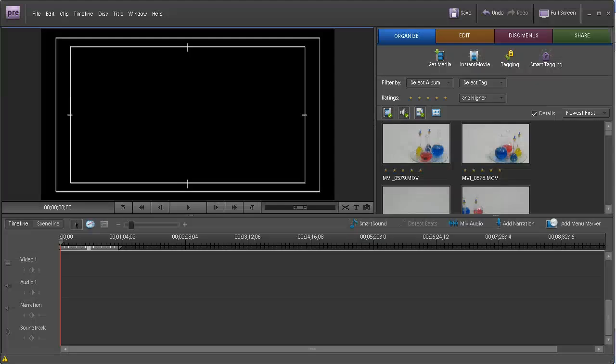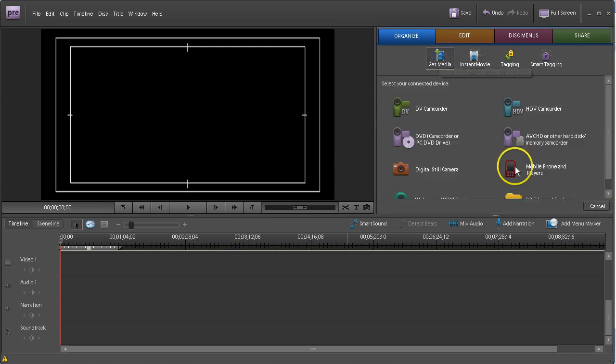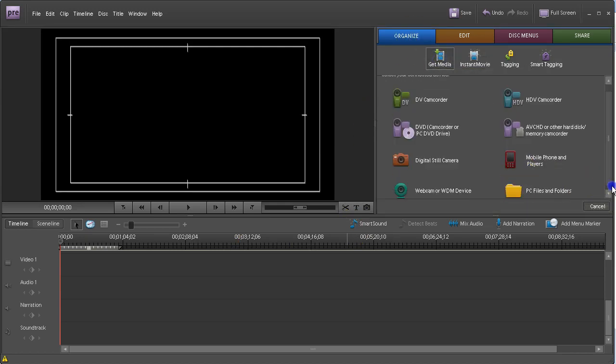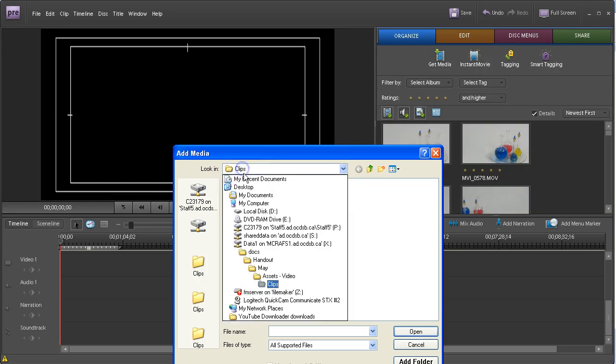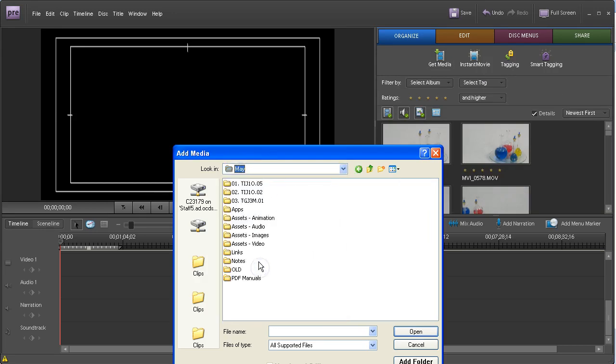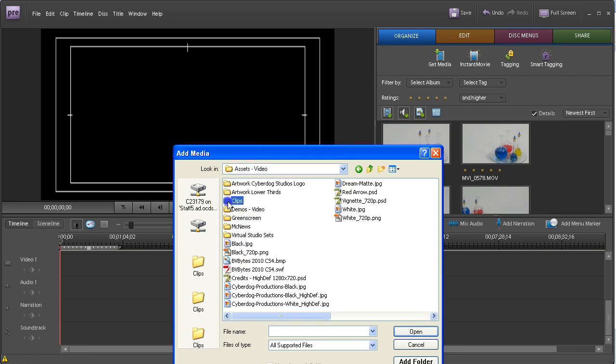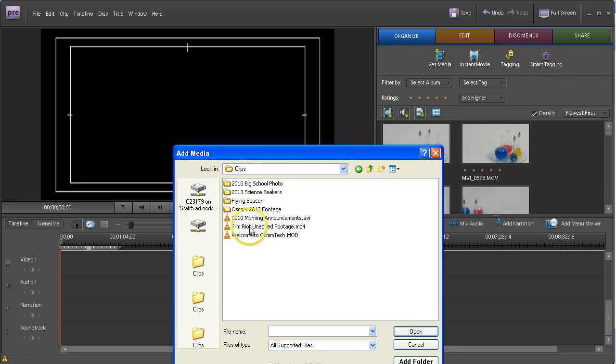So this is a little demonstration of how to edit footage using the Film Riot project. And I'm going to start right from scratch in the Organize window, and I'm going to get the media that we're going to use for this project. And it's under Files and Folders. And I've stored a clip in the Handouts folder for my students. You'll find it under Assets Video, under Clips, and you'll find it called Film Riot Unedited